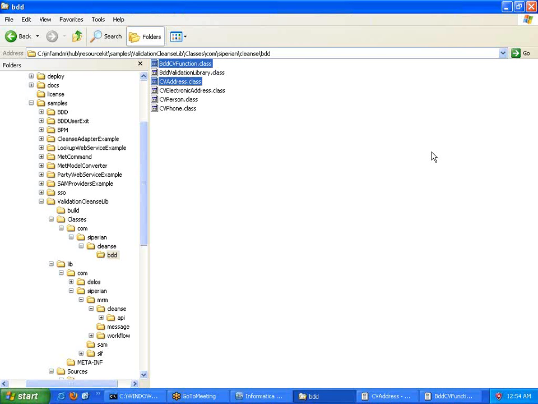So now we know how to write Java code and how to compile by using the javac compiler, or you can use Eclipse or some other IDE through which you can compile. After that, the third step is to go to this particular location and create a jar file.